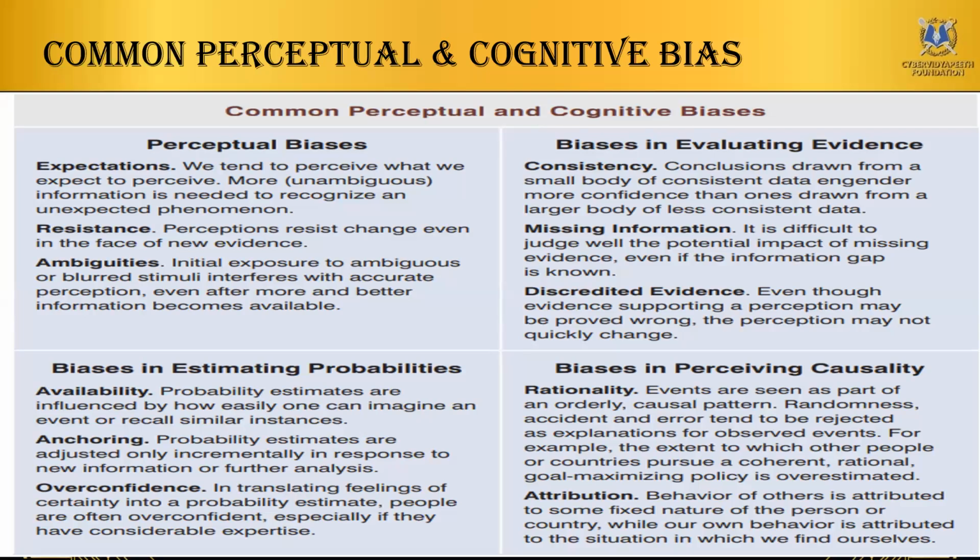Yes, sir. Okay. So the common perceptual and cognitive biases, there are many, but these 4 are the most important ones. One is perceptual bias. As an adversary, you need to know the environment is consistent with your expectations. And as a defender, you must create the environment which will make the adversary comfortable, with expectations as per the adversarial requirements.